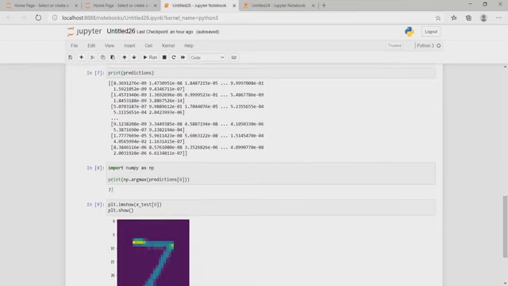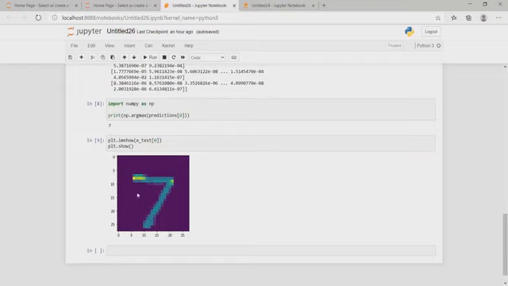It gives a 7. The predicted letter is 7 and the output image is 7. We can also show these colorful images in binary representation. Whenever we give that command to this program, it shows the binary representation.